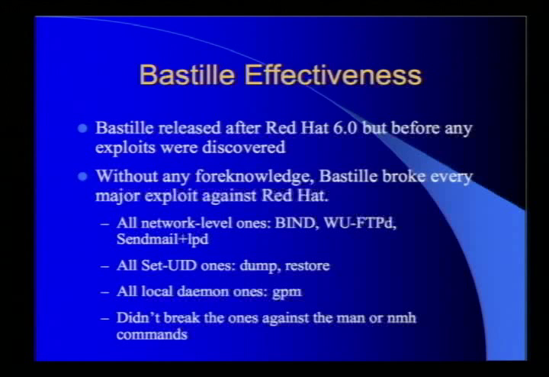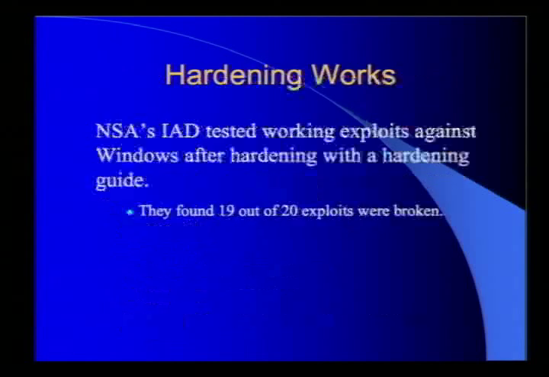But it turned out, there were holes in the first few releases of Red Hat. There were holes in BIND, the DNS server, the FTP server, the Sendmail server. There were a bunch of local privilege escalations, and we could basically take out every single one. And we could do it with steps that we put in place before any of the vulnerabilities were known. Which is nice, because it means you don't end up chasing patches quite so hard, because you're like, okay, there's a patch for this, but it turns out I'm not vulnerable right now, so I can wait until I get in this morning to patch that system, or I can wait until my boss makes me wait. Okay. Again, this hardening stuff works.